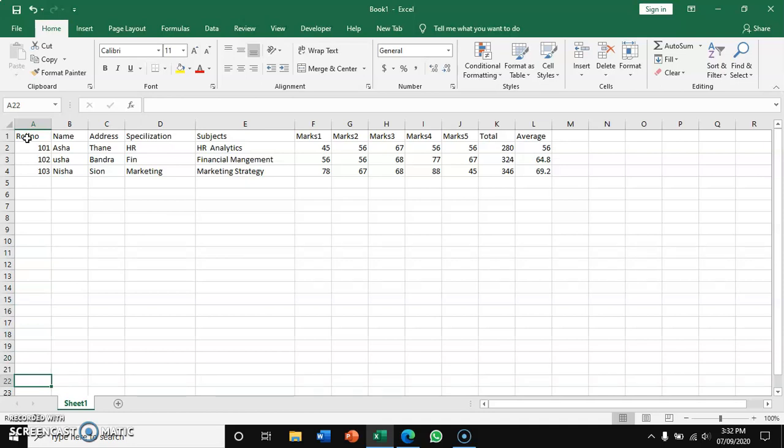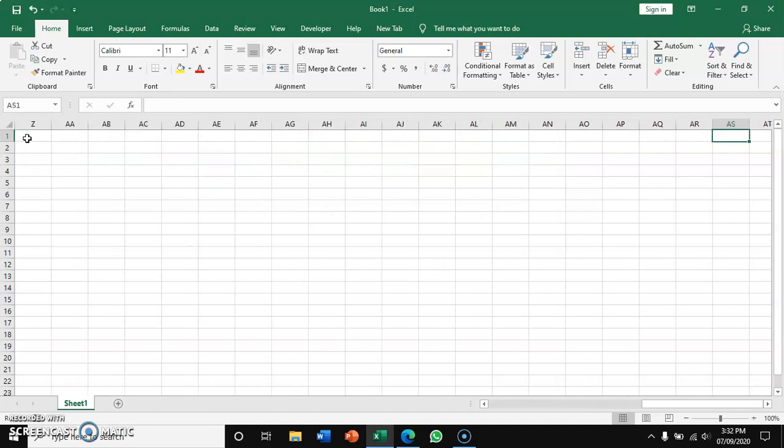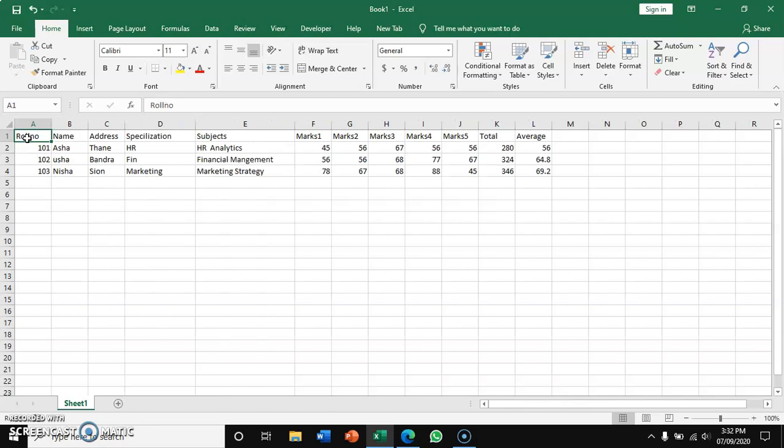Supposing you are having 40 to 50 entries, then it becomes a difficult task. Suppose you have lots of columns, then you have to go to the extreme right to enter the data in a particular cell. And with so many rows in the Excel sheet, sometimes you lose sight of where you are entering. So sometimes you might enter the data in a wrong cell or wrong row.